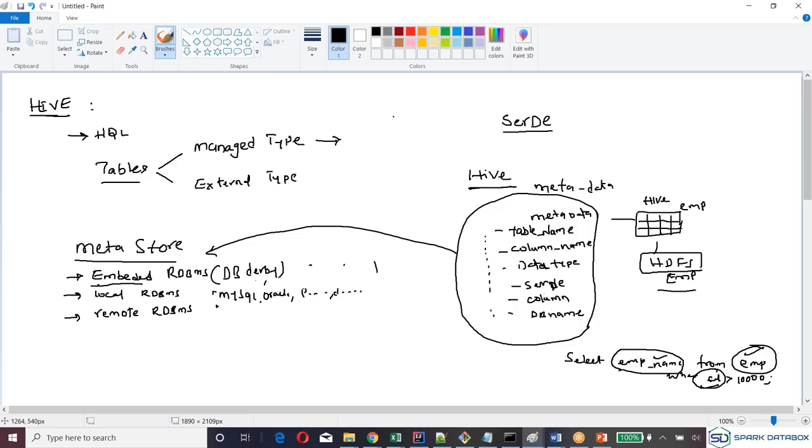So whenever you write a query, select this, first it will go to the metastore, understand the metadata information about that table, then it will go to the file system, then it will apply the query. It actually internally uses MapReduce code and applies. Do you guys understand the flow of Hive? Your query, Hive goes to the metastore, and once it understands the metadata, then it goes to the table or the file. Is this clear for everyone? If not, please ask me, I'll repeat it.